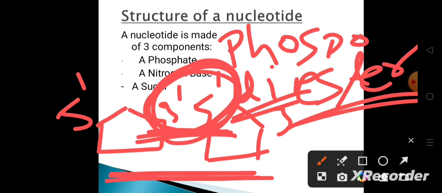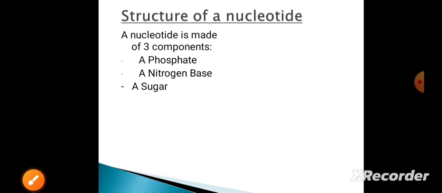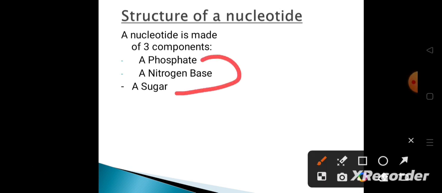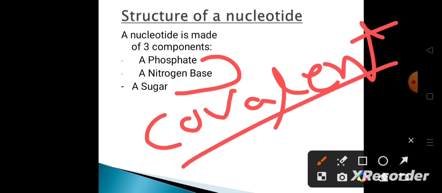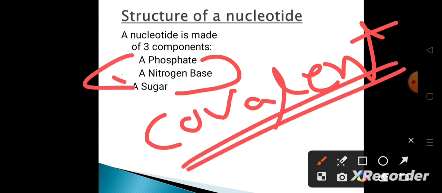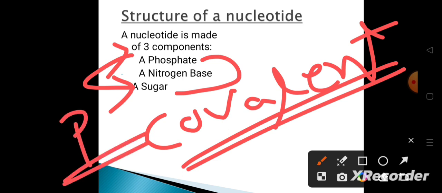When two nucleotides are attached, they form a linkage called a phosphodiester linkage. Apart from that, the phosphate group of one nucleotide bonds covalently with the sugar molecule of the next nucleotide. That means one phosphate of one nucleotide will attach to the sugar of the second nucleotide by